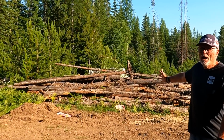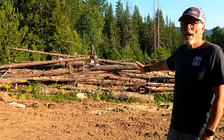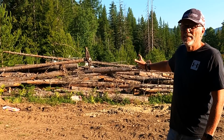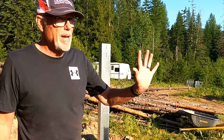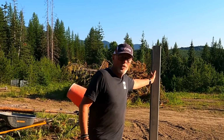Here's the big wood pile. We did most of this last year. This came out of Kim's hammock forest last year, and it's ready to be cut. It's seasoned and ready for firewood. I guess the other thing I need to mention, right here, this is going to be where we put our solar panels. This is our solar array. So far we just have the posts in the ground,